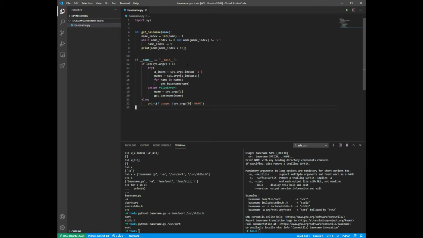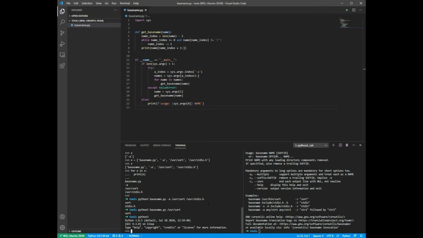So how about we keep all our options inside a list, and then try and see if any of them is specified on the command line. So okay, what I'm trying to say is this: